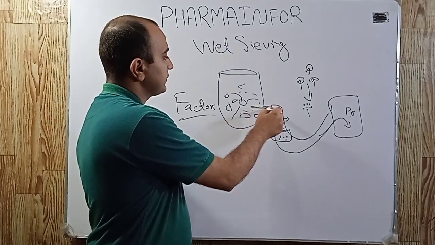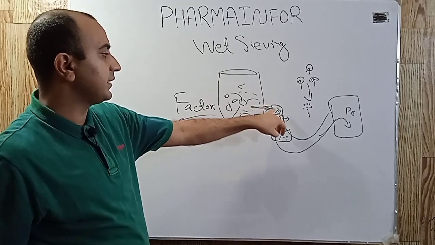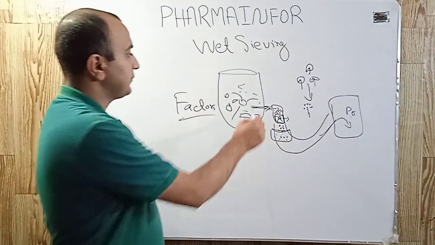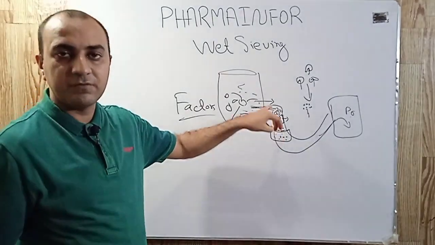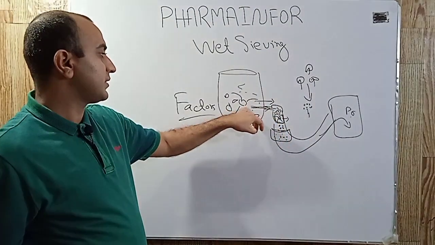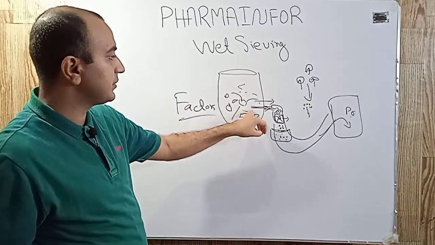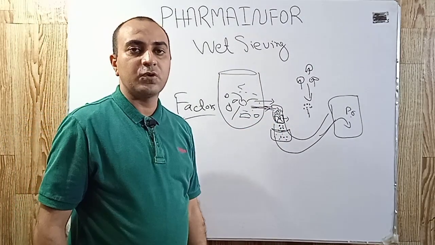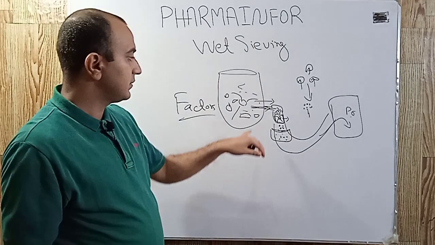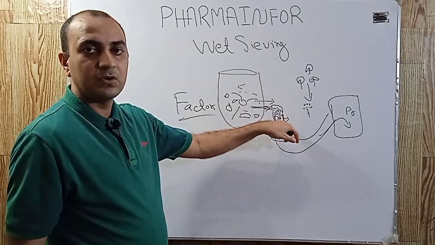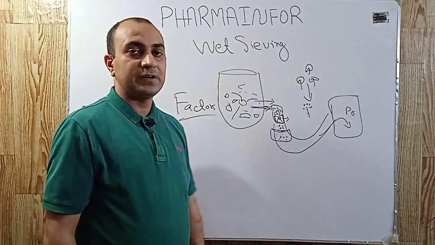One more thing is the rate at which we transfer our wet mass to the mill. If this transferring rate is very high, it may block our wet mill. So this transferring rate from the mixing chamber of the rapid mixing granulator to the wet mill should be optimum and controlled, so that it may not choke or block the sieve which is used in the wet mill.